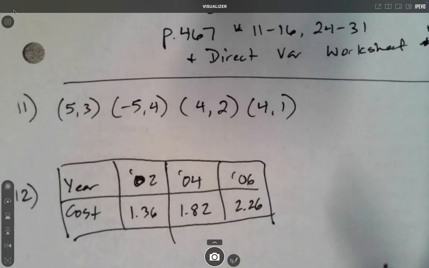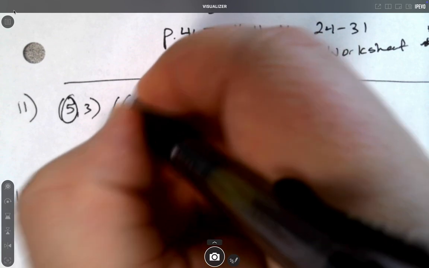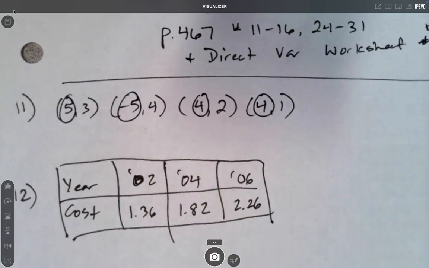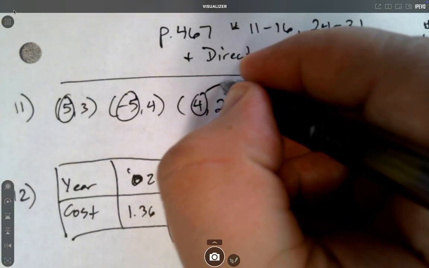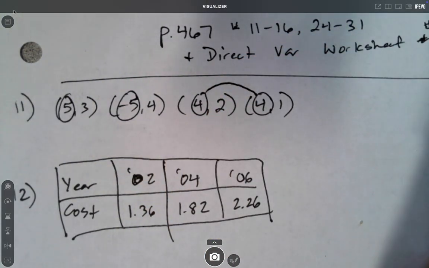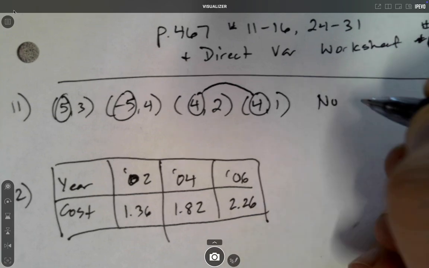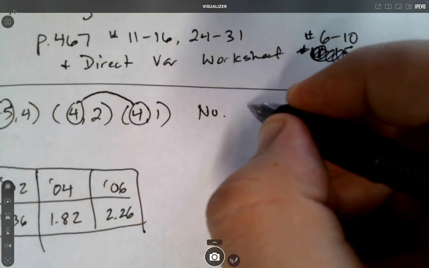So remember, when you're looking at ordered pairs or at a table, what you want to look at is the x values. So that's the first numbers in each ordered pair. And if they're all unique, if they're all different, then it is a function. If any of them repeat, then it's not a function. So right here we see a repeat. 4 is used twice. So no, this is not a function because